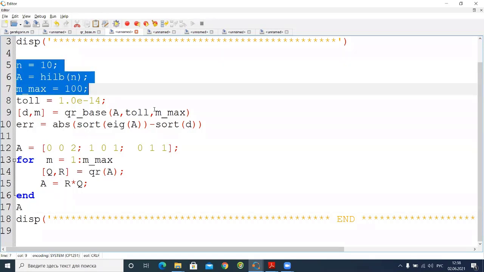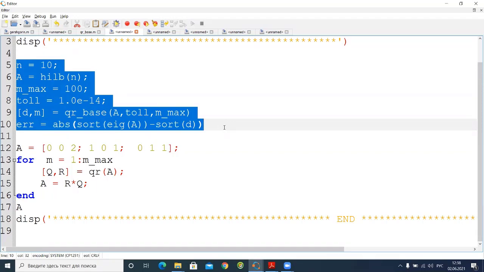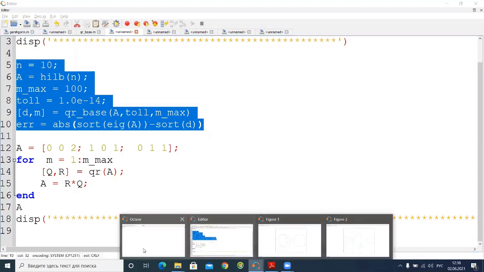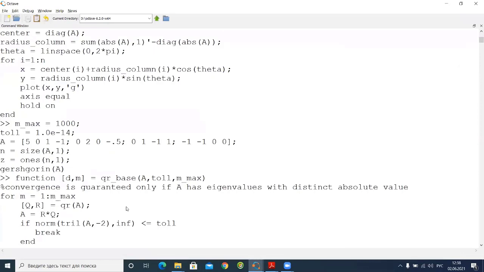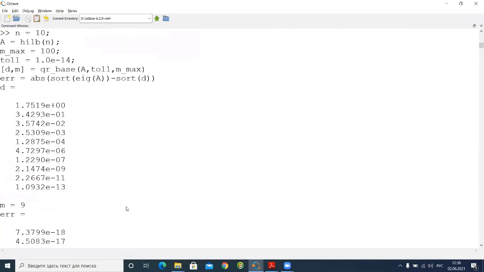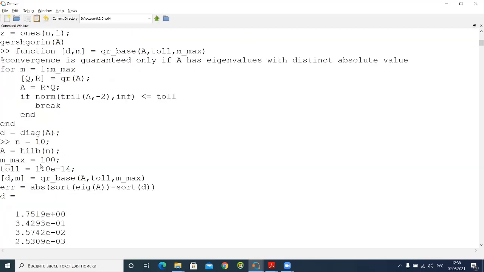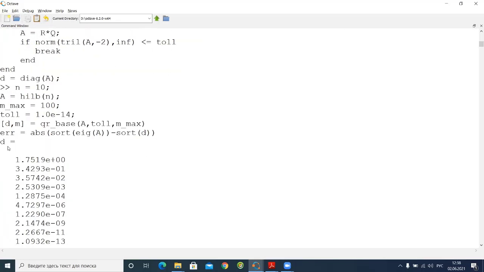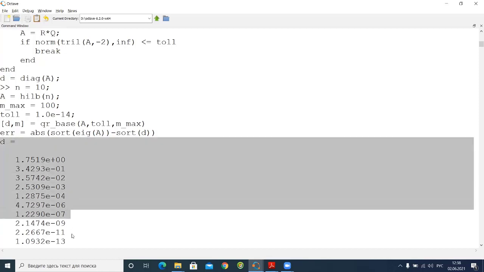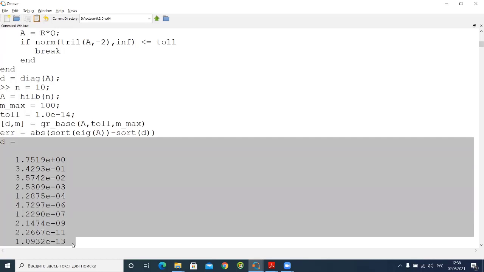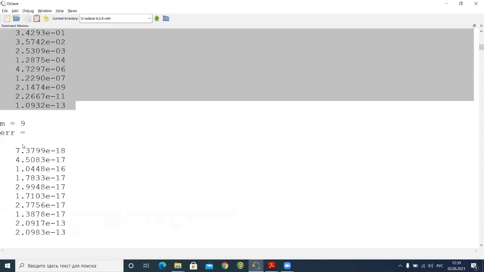Is it clear? So if you want to show, for example, only the first part, find the error between them, let's run this part firstly. And you can see here the error between them. So beginning from this part, you can see here the error, this is the D matrix. So this is the diagonal elements of A, yes. Eigenvalues found with the QR based function. And the next one, it is